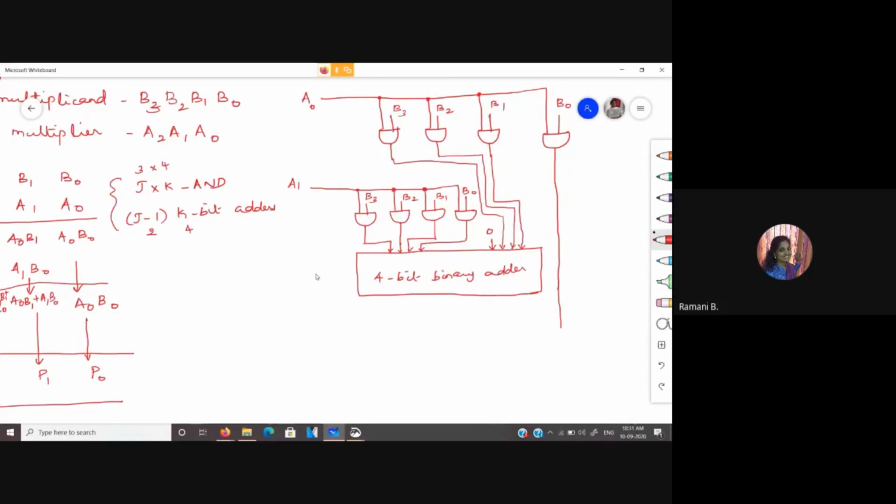Now here the sum bit S0 will be taken as such for the partial product term P1.